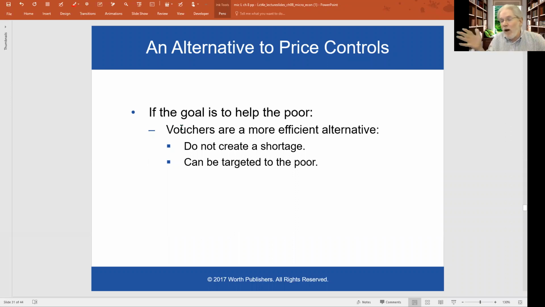Okay? Now, there will be other consequences of having the voucher. Namely, there will be a cost to the other people in society, and you would want to look into what those consequences are. But it's not a clearly bad thing to do. Whereas with rent control, it clearly has some very, very bad consequences, not just for landlords, but for the very people that it's trying to help.